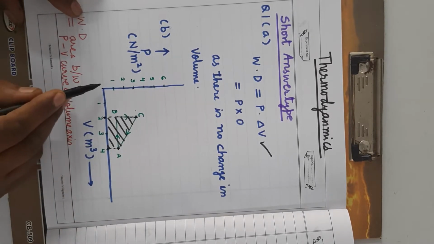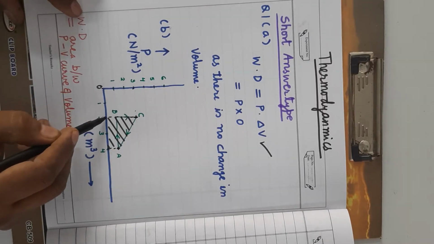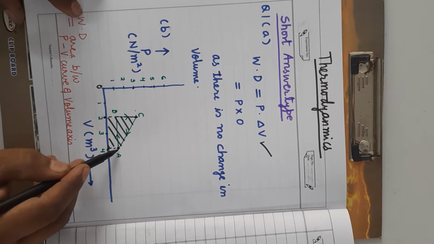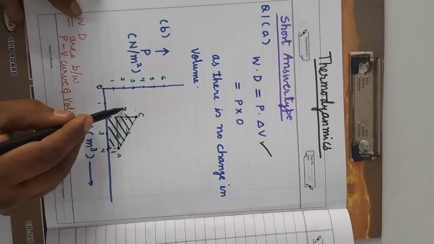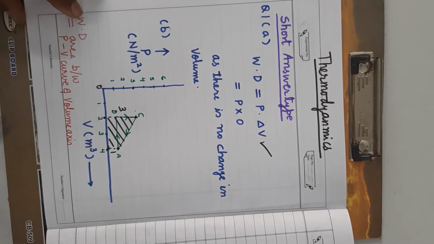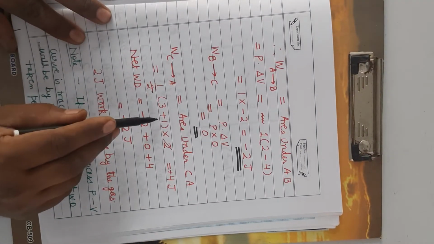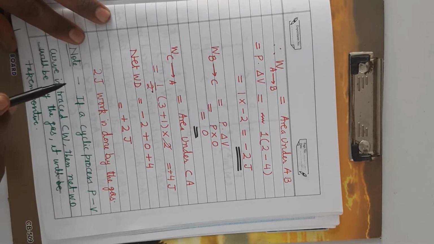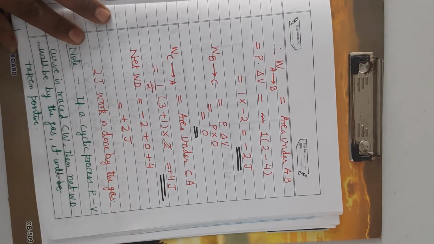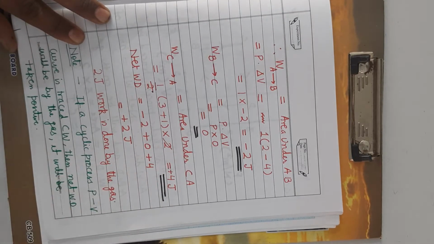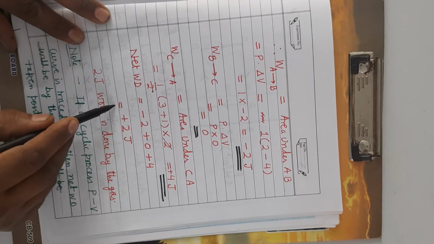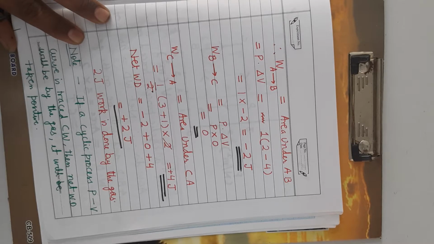Where is this point? It is in front of 0. So what is the length? Length 3. Similarly, this is corresponding to 1 and this is corresponding to 0. So what is its length? 1. What is the distance between them? 4 minus 2, that is 2. So it will be equal to 1 upon 2 times the sum of parallel sides into the distance between parallel sides. So it will come out to 4 joule. It is clear. So what will be the net work done? It will be the sum of these: minus 2 plus 0 plus 4, that is equal to plus 2 joule. Plus 2 joule means the work is done by the gas.